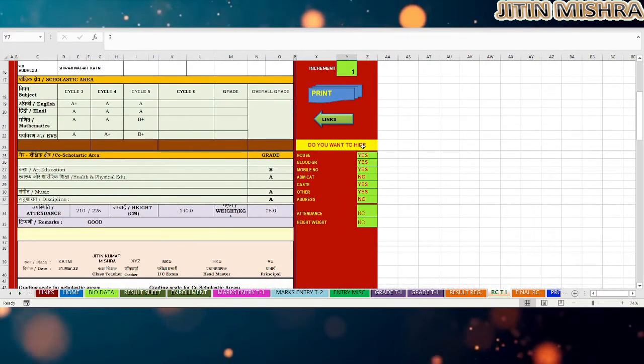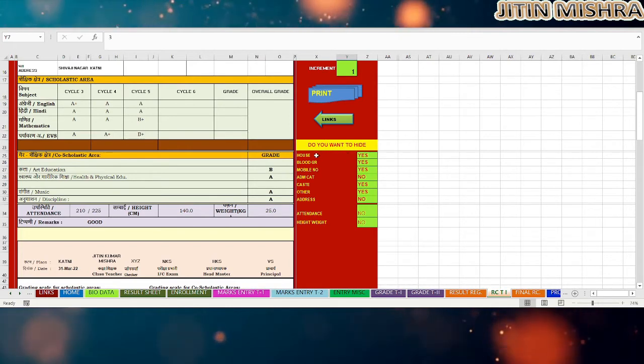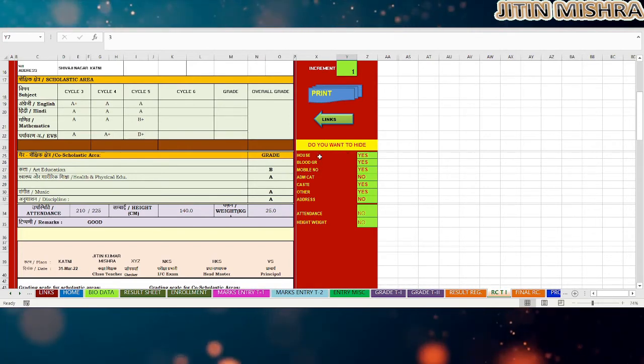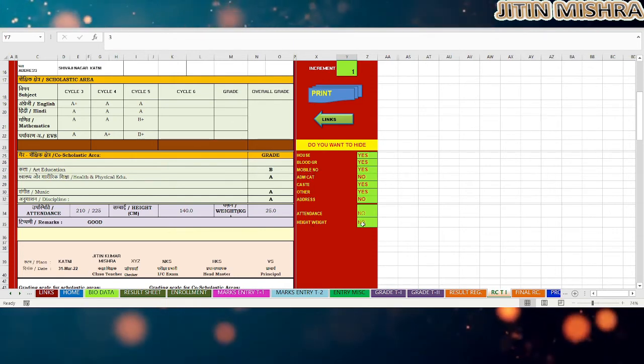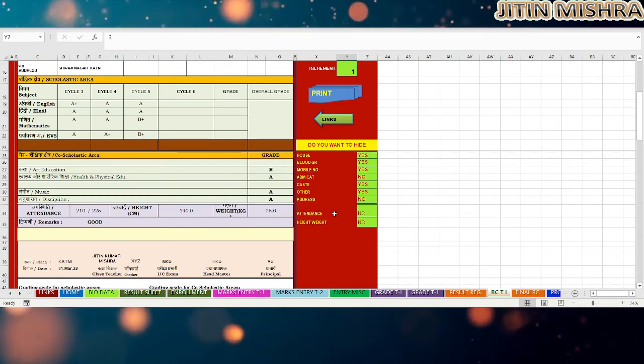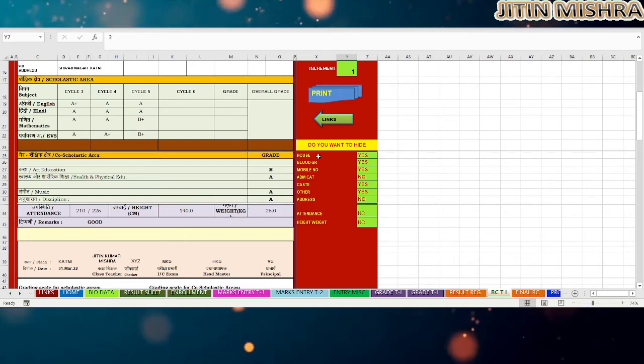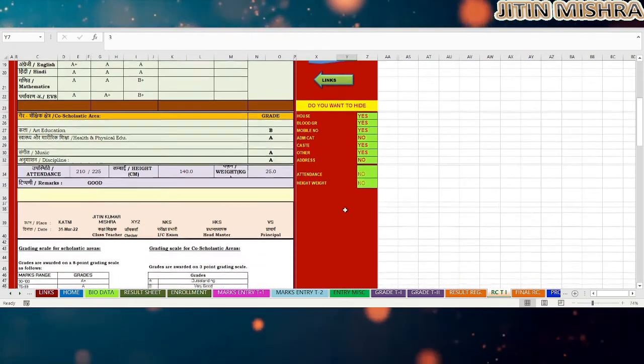Now see here, do you want to hide? If you want to hide house, blood group, mobile number, these details can be hidden in your report card, so you can do it accordingly.